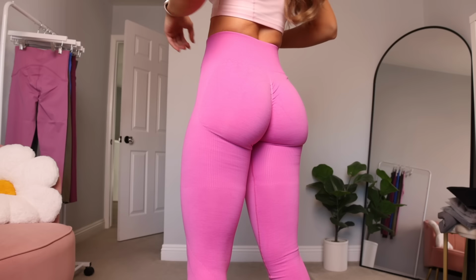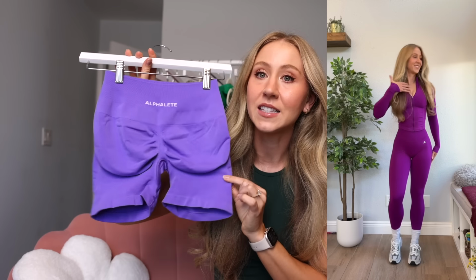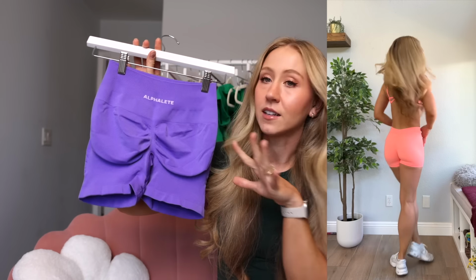But I've done a couple reviews of under glute compression leggings on the channel. We have the Lazuli Sculpt Seamless, dfyne Impact Seamless, buffbunny Miracle Seamless, and now we have the Alphalete Pump leggings and shorts with some under glute compression and little booty out pouching. The classic compressive style legging that is meant to lift and sculpt the glutes. That being said, I don't always love a super sculpting legging because it can kind of be difficult to fit